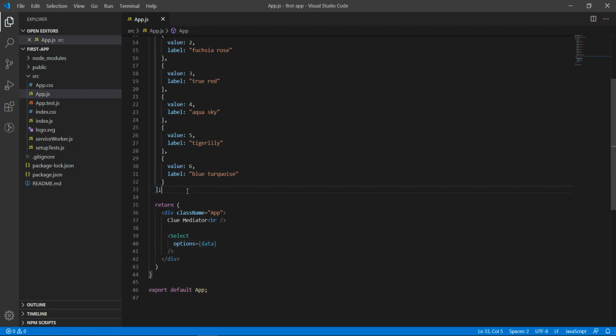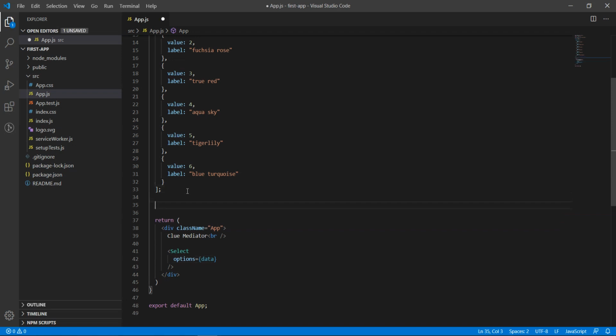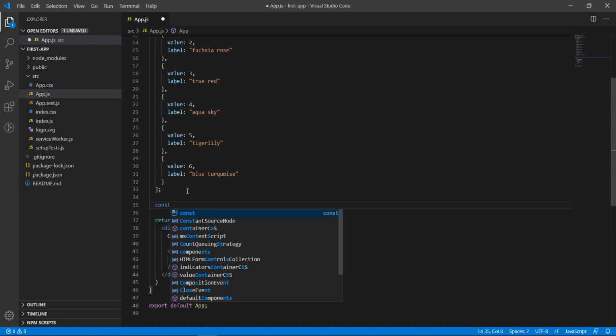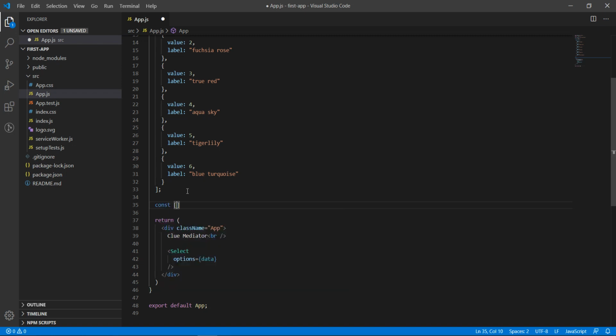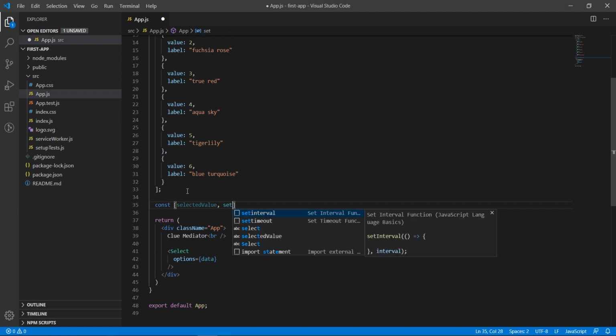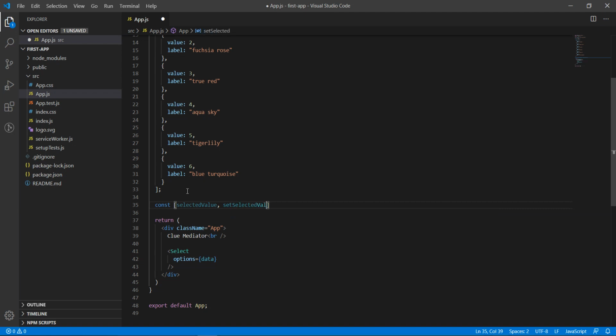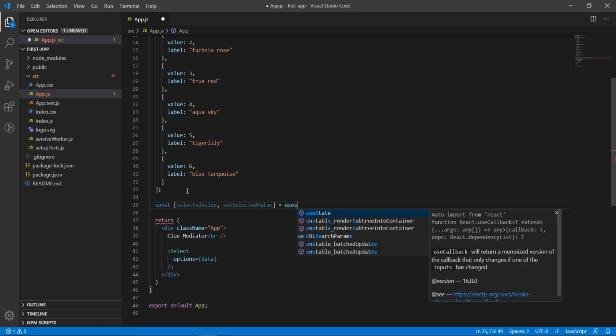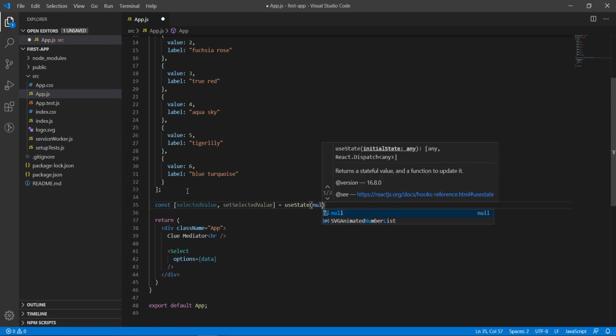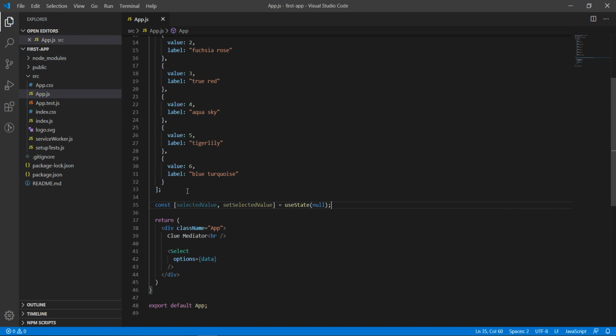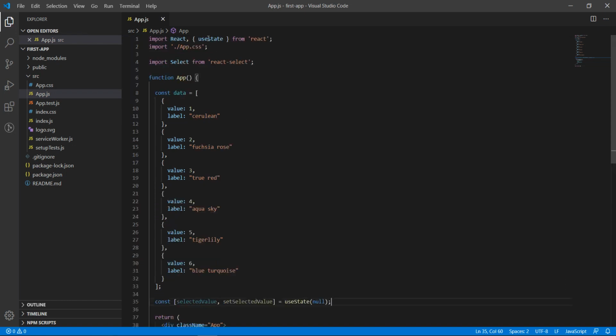Let's get the selected value. How can we do it? First, I'm using the React hook. For the React hook, first take a variable selectedValue, second setSelectedValue, and useState, passing the null value as the initial state.